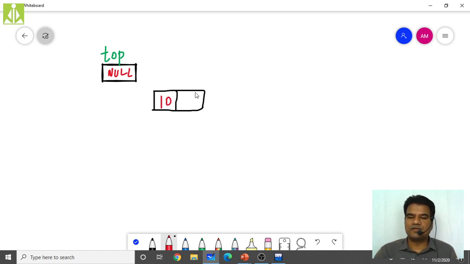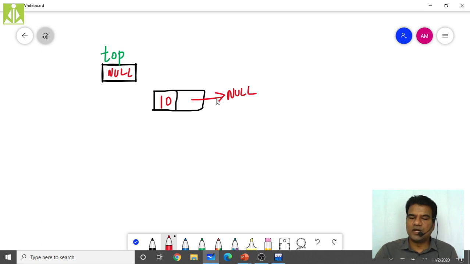As this is your first node, we have to make the first node's next pointer null.